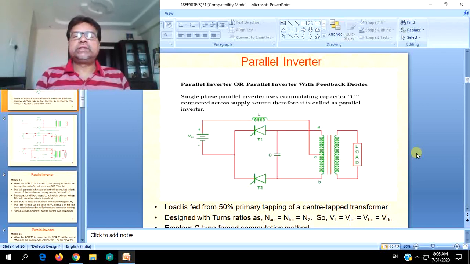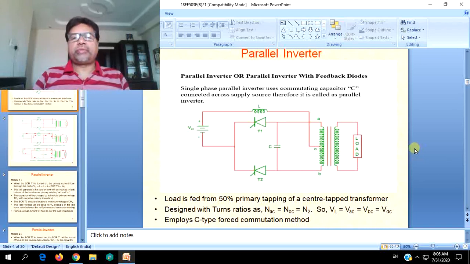To start with, this is the basic circuit of a simple parallel inverter where commutating components are inductance and capacitance, but basically in this particular circuit, the capacitor is the main commutating component which will be connected in parallel with the load, parallel with the source supply, and ultimately with the load in the transformer. Actually, this inverter employs a center tapped transformer,